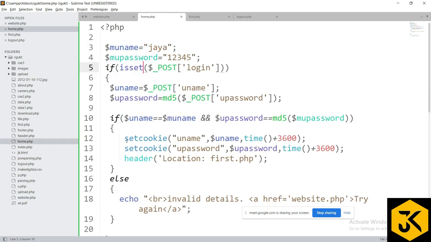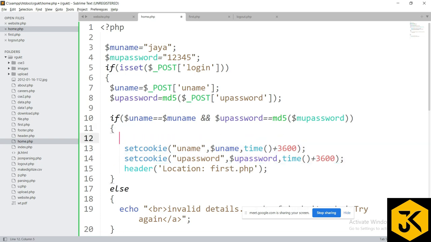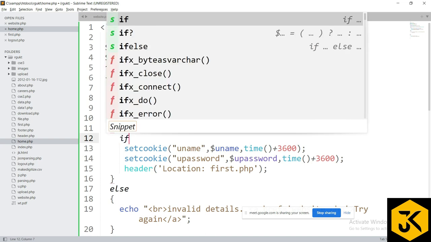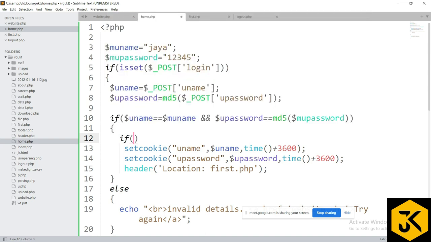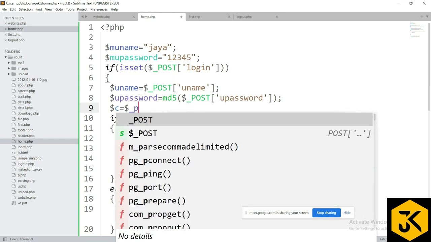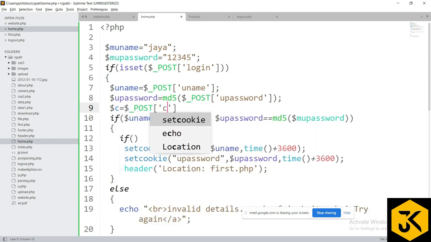We have to use the set cookie method at what time? When the checkbox is selected. If the checkbox is not selected, you should not execute this, right? How are we going to do that? Tell me the code, don't say the procedure. If, so what is the checkbox name? $_POST['C']. Okay. If I try to select something like echo $C,